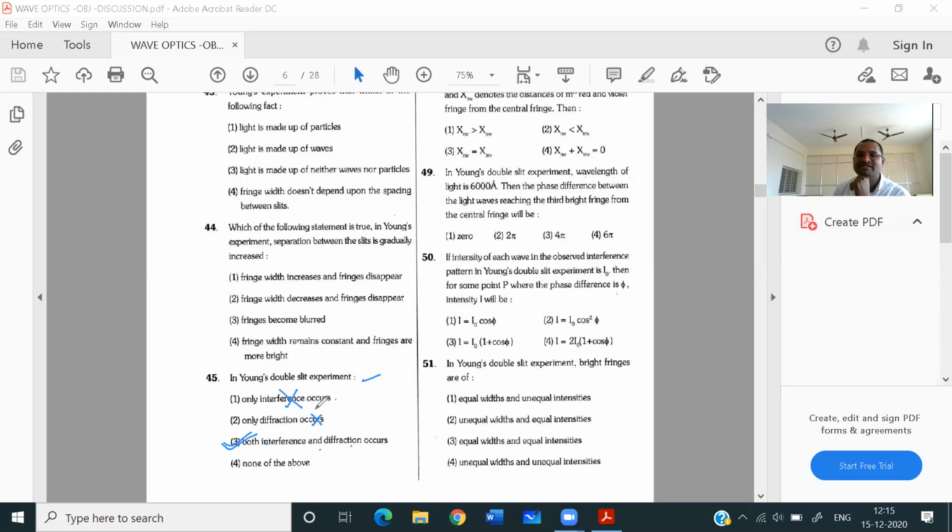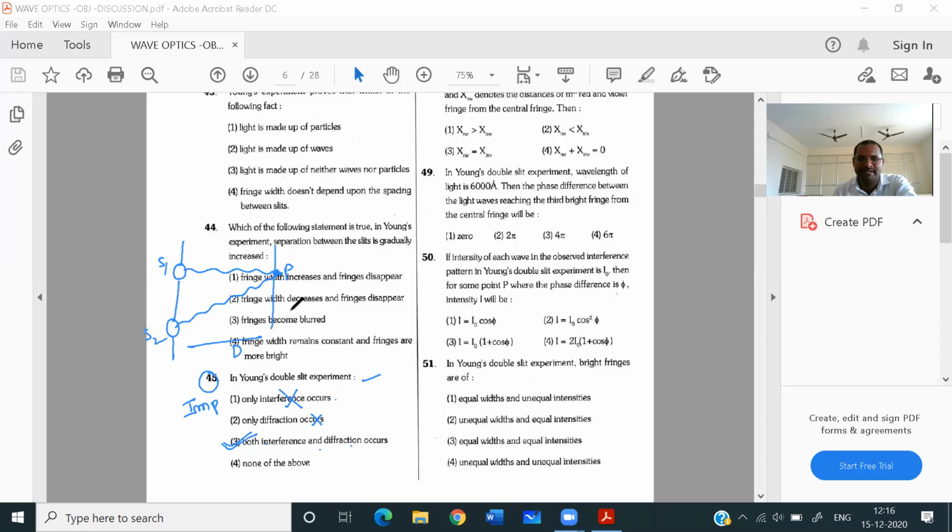Only interference does not occur; diffraction also occurs. This is an important question, and students will get confused with this. Why, sir? See here. Let us imagine these are the two slits, small holes, slit 1 and slit 2. And here there is a screen at a distance of capital D. Wave will come from this slit and wave will come from this slit, and they will interfere here